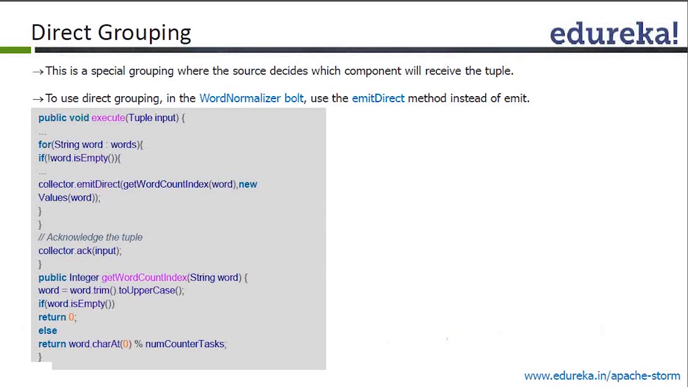Now, guys, the direct grouping is the one wherein you send the data, and the source knows what the destination is. Here, the source itself decides the destination. So how does it happen? Whenever you use the direct grouping, you will be getting it like kind of